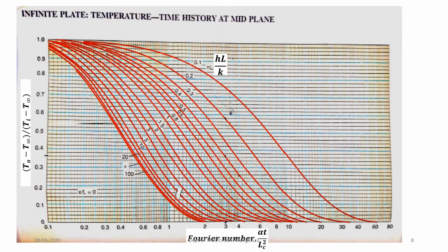Now let us go to each of the graphs. For the first graph, the time history at mid plane, if you know the value of the Fourier number and the Biot number for a given line, you will get the temperature T naught at the mid plane, if you know T infinity and Ti. This is the first graph. This is a semi-log graph and the variation is not uniform here. We have to identify each of these lines, 2, 3, 4, 6, 8 and 10. We will see that later.